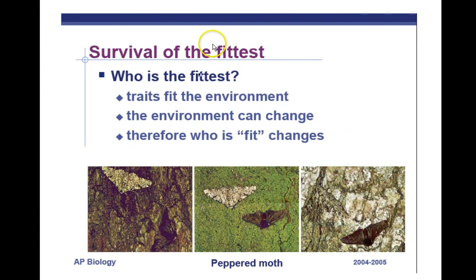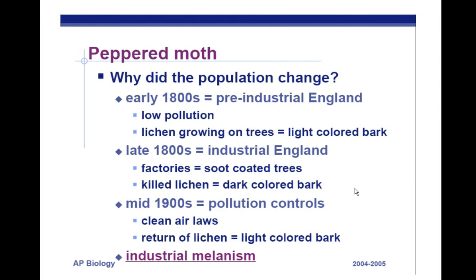So survival of the fittest. Who's fit is determined by the environment. In a dark environment, a dark moth is more fit. It's hiding from those birds more easily. In a neutral environment, neither is more fit, and both are selected for equally. In a light environment, the light moths are more fit because they're blending in better and able to survive bird attacks. So you do need to be familiar with some observed examples of evolution, and the first one is the